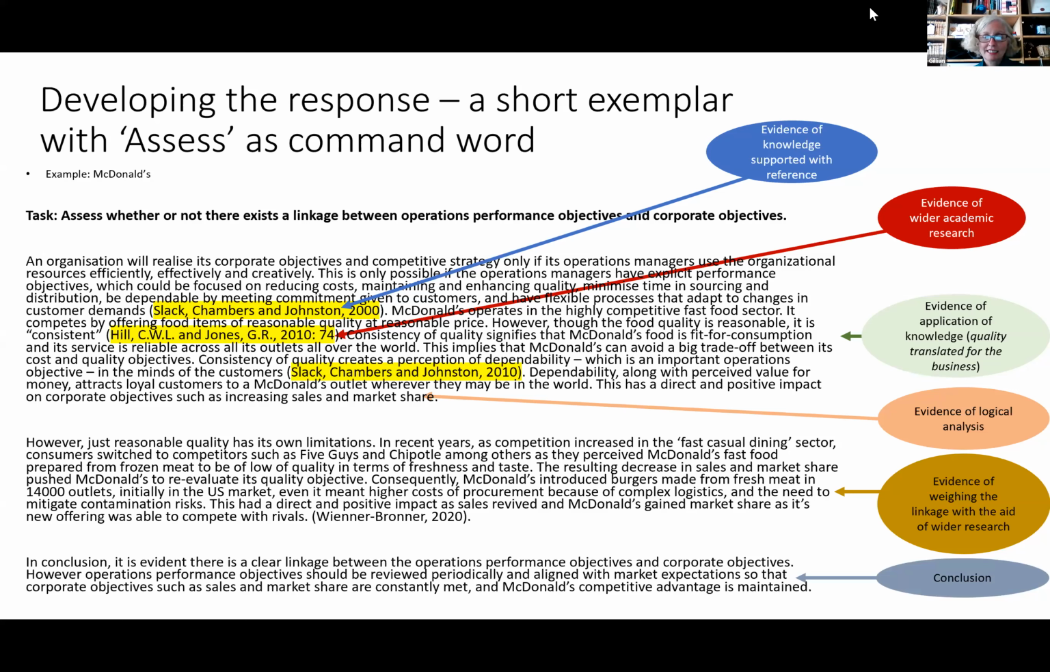The student said, it's evident there's linkage between the objectives and the corporate objectives, which would have been put earlier on. They suggest they review them periodically and align it to market expectations. Well, there's an interesting point. They've just come back and got the second paragraph in about the new market expectations, people going to competitors such as Five Guys and Chipotle. So that's a great statement to have. Align with the market expectations so that they keep meeting the needs that they need to, and they keep their